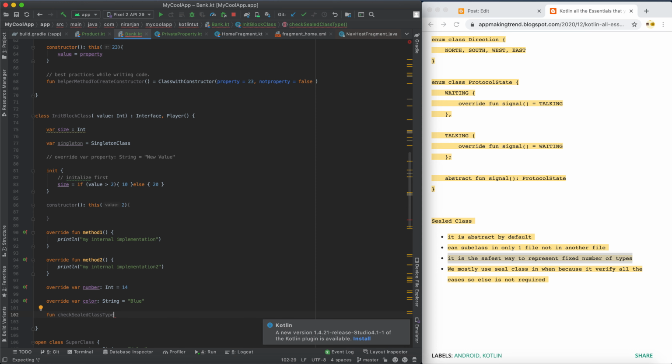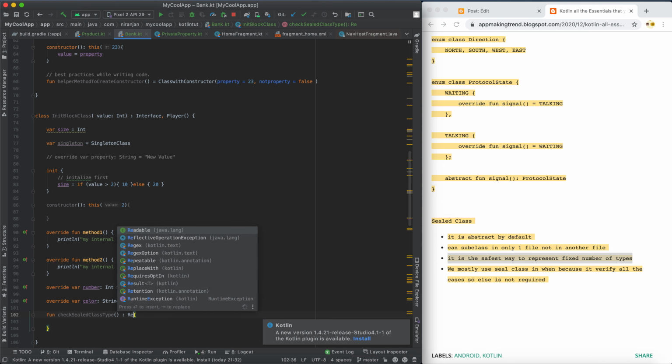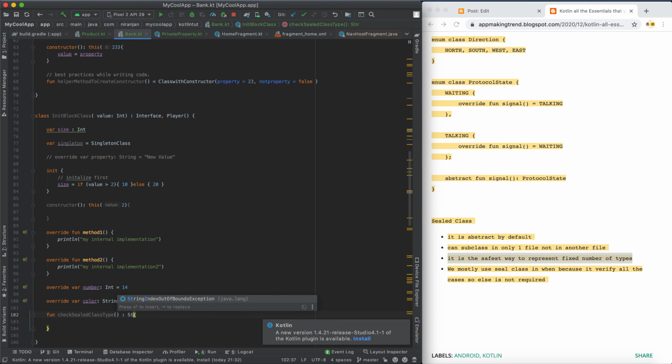This is going to show you the implementation of how we check the sealed class type. It returns a string, and what it does is we return when